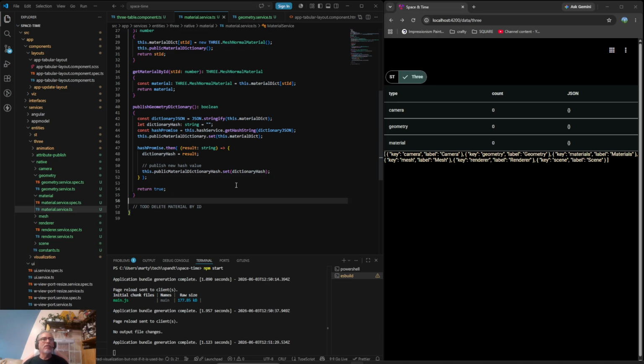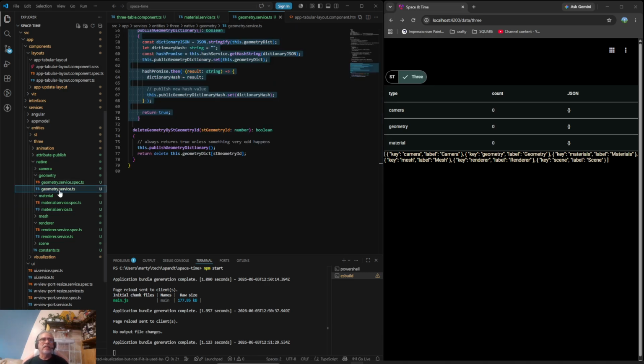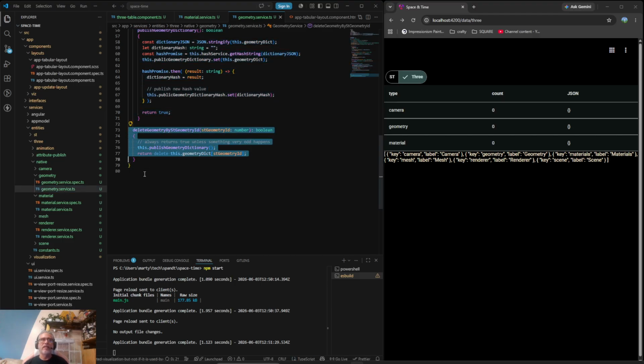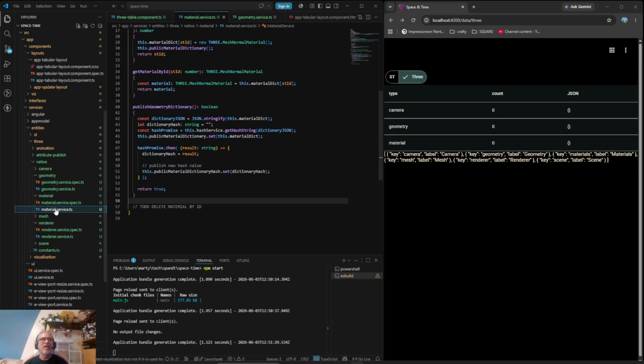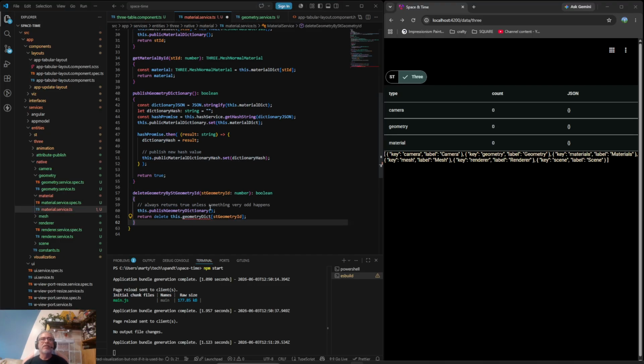And we probably want to go find one that's already there. And this is probably perfect because the geometry doesn't have anything either. So we can just copy that, come over to material service. And honestly, the biggest reason I'm copying is not because I'm intimidated by rewriting it. It was more I just want to maintain